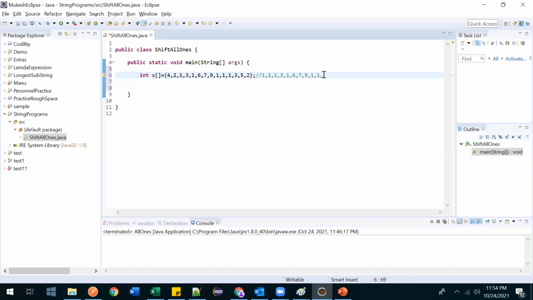This one will get exchanged with this 4. Here it will become 4; earlier it was 1, now it became 4, and the 4 that was here, now it became 1. So we have swapped this. Again we will decrease j to this one, and after swapping we will increase the value of i, so now i will come to this one. Here it is 2, and after exchanging we will decrease the j value and come here.